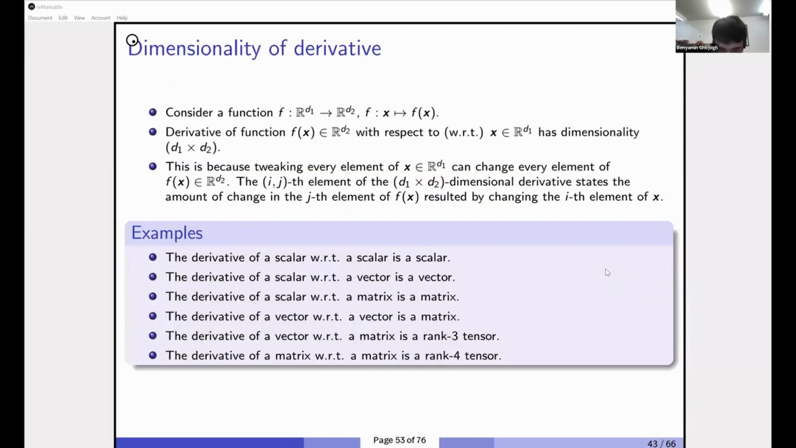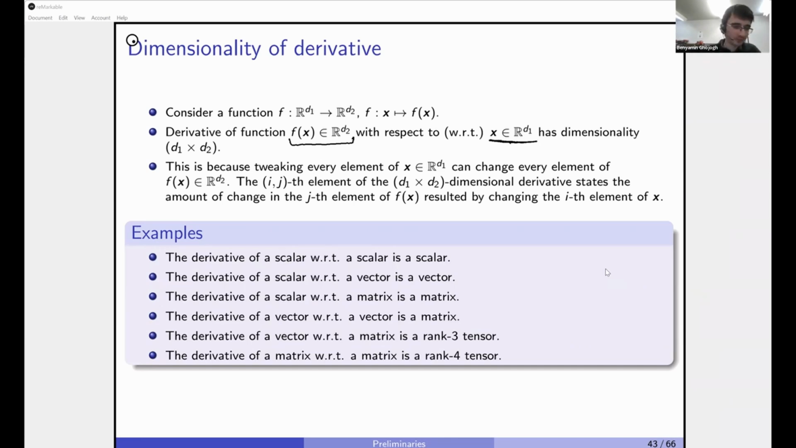Dimensionality of derivative. Consider a function. So what is derivative? Derivative of a function with respect to something else. So when you have a function with respect to a variable,